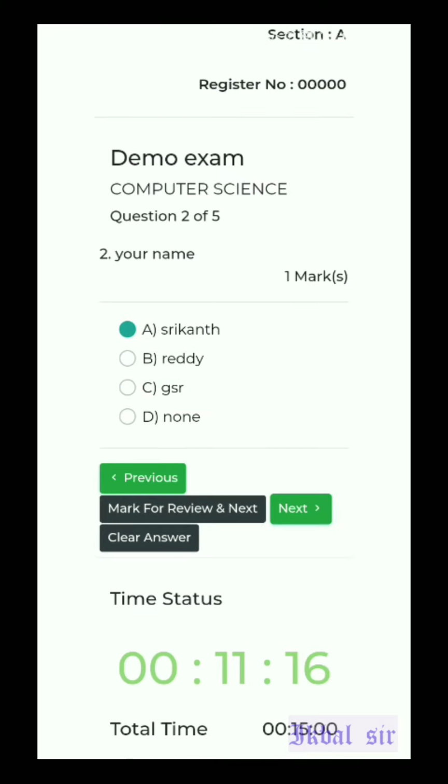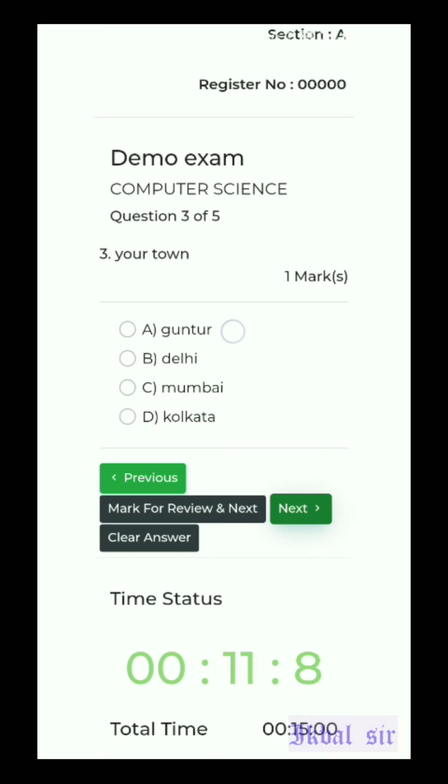You can see that this is a multiple choice question. Now in your exam you can read the question and select which is the correct answer. A, B, C, D, whatever it is, 1, 2, 3, 4, and click on the next. Same procedure you have to follow. Now there is another type of question and that is true or false. Now read the question and check whether the given statement is true or false. Click on the correct option.